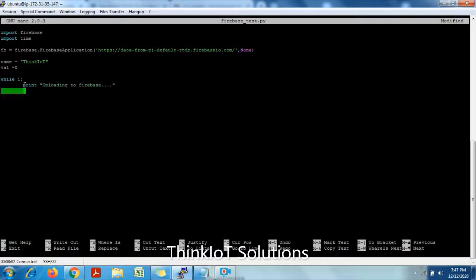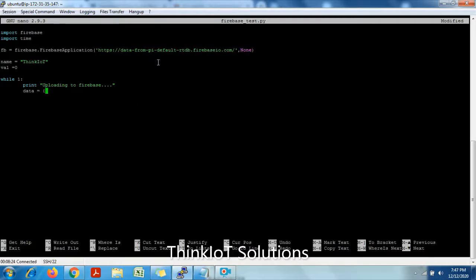Next, whatever variables I have here, I need to store them in a single variable, and then I need to transfer it, right? So I'm taking a variable named data. The data I need to provide to this particular link should be in JSON format. So what is the JSON format we have here? Curly braces.